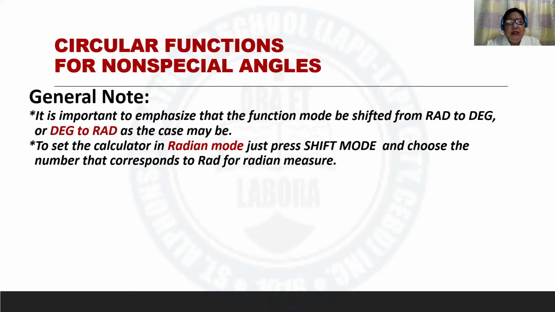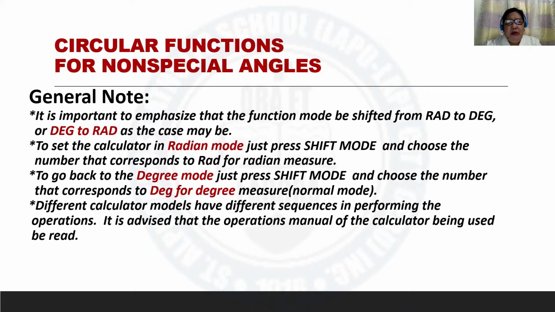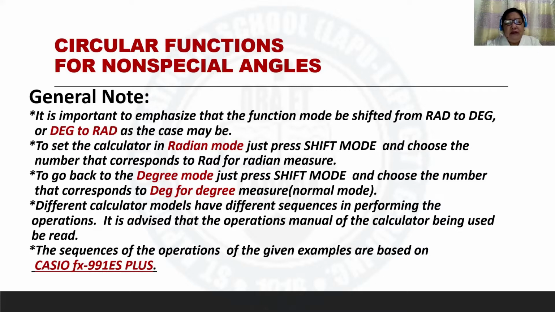To set the calculator in radian mode, just press shift mode and choose the number that corresponds to rad for radian measure. To go back to the degree mode, just press shift mode and choose the number that corresponds to deg for degree measure, and that is the normal mode. Different calculator models have different sequences in performing the operations. It is advised that the operations manual of the calculator being used be read. The sequences of the operations of the given examples here are based on Casio